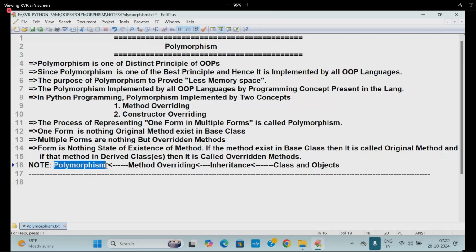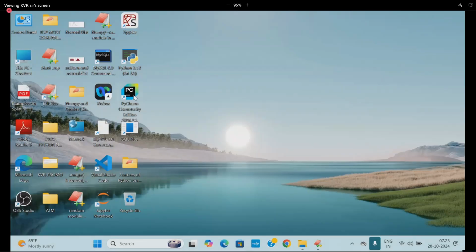Polymorphism uses method overriding. Method overriding uses inheritance. Inheritance uses what? Classes and objects. These are the discussions we did in the previous class. And we did some examples also on that area, I hope. So if you go to this place,